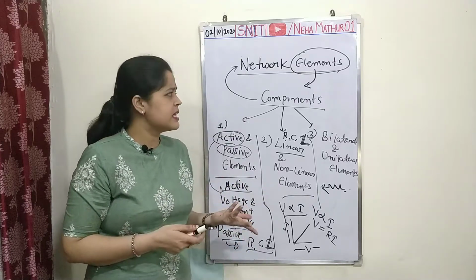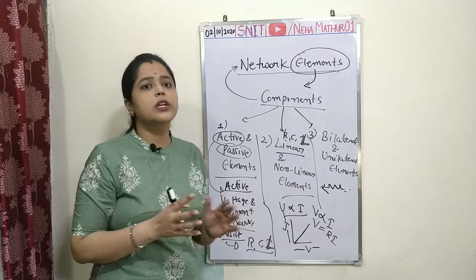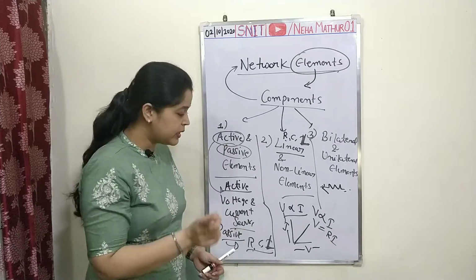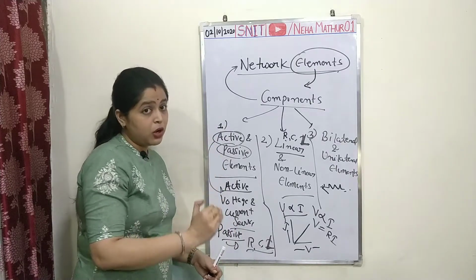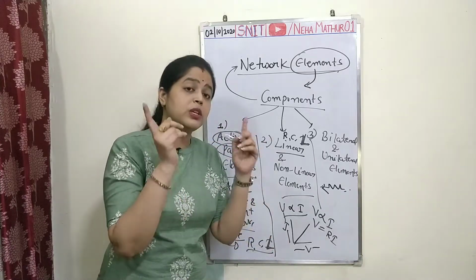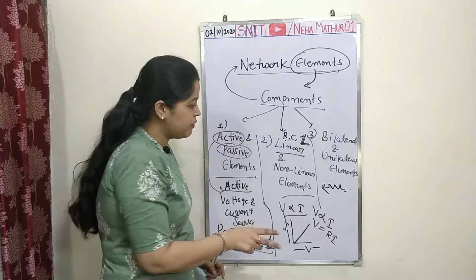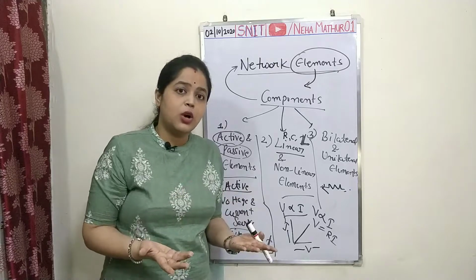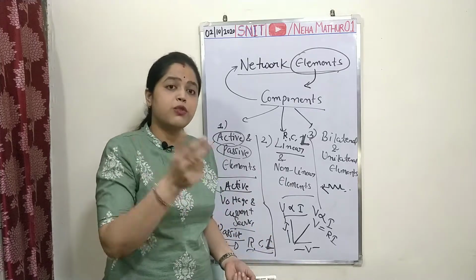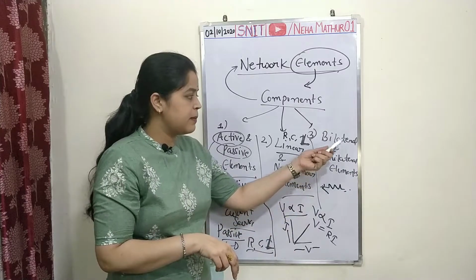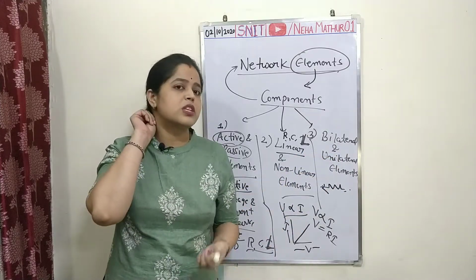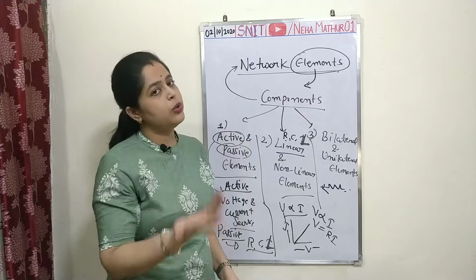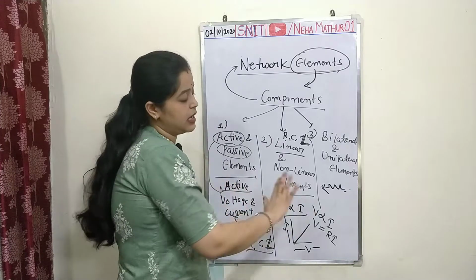Now come to the second example. I am just taking a voltage source. Voltage source means a battery. It may be AC or DC. So your voltage source is an active element because it is going to deliver power to the remaining network elements. Now come to the second property, linear or non-linear. It may be linear or non-linear, depending on the supportive current which is flowing in the circuit, and is it bilateral or unilateral? Definitely the voltage source is unilateral because current always starts to flow from the higher potential to the lower potential terminal. This is about the proper classification.